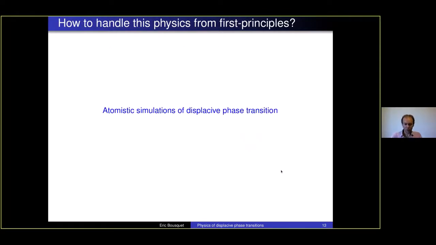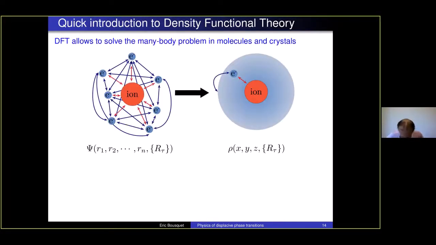Okay. So now I have described more or less the theoretical background for the soft mode theory and the Landau description of displacive phase transitions. And now I'm going to go into the practice with a DFT calculation. Before showing you the output of a DFT calculation, since I'm giving the first lecture, you have more details in the following lectures on magnetism from myself and with Julien Varignan about the DFT calculation. But basically, the DFT calculation is what you want to solve at the microscopic level, meaning you want to solve all the interacting ions and electrons interacting together in a molecule or a crystal.